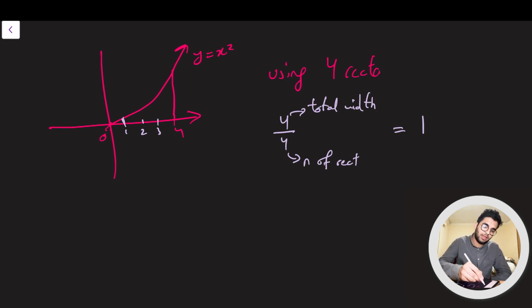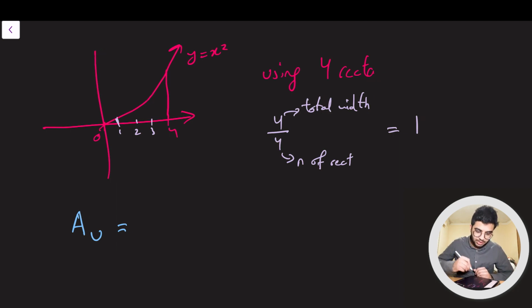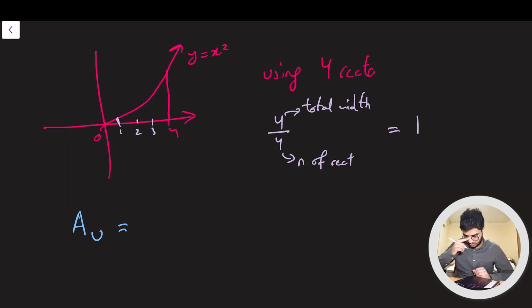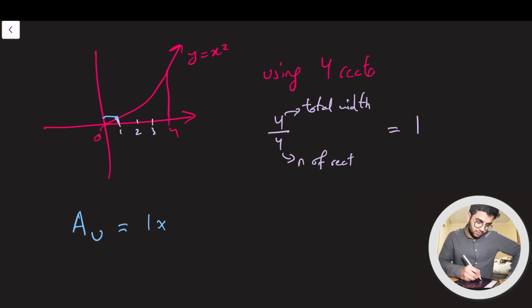I'm just going to abbreviate that to area upper, because it's the area of the upper rectangles, okay? Area upper, and that's how you should be notating it in the test and stuff. Area upper is equal to length times width of each of the rectangles that you find in this region. Following the steps, for the first rectangle in this region, that is the highest point, so we make that